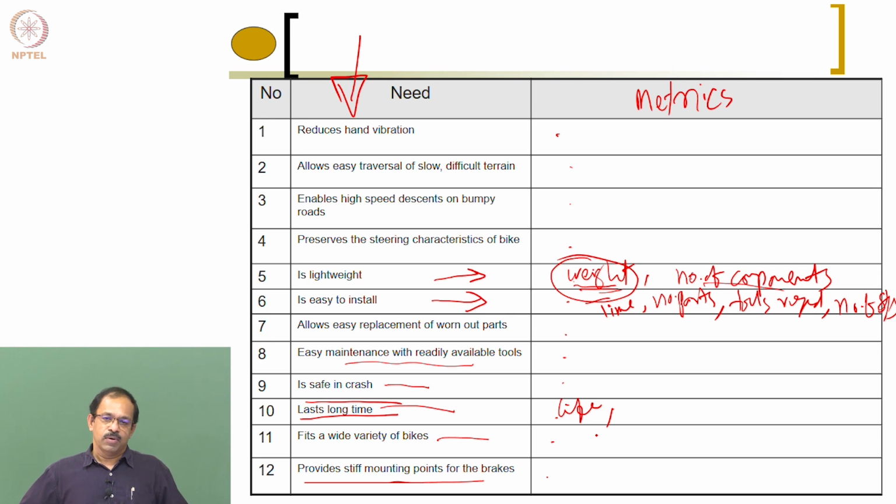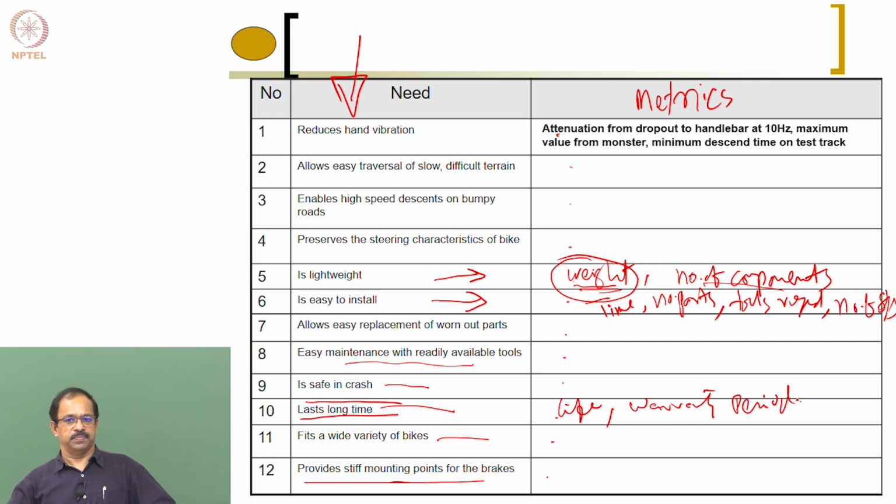Okay. So one important thing is life in number of years or whatever. Another thing may be the warranty period. When you say the warranty period is 10 years, you have a 10 years life guaranteed, or if it is 12 years, it's a 12 years guarantee. So it can be an indirect measure, though it's not a question of design parameter. You can say warranty period could be a metric.